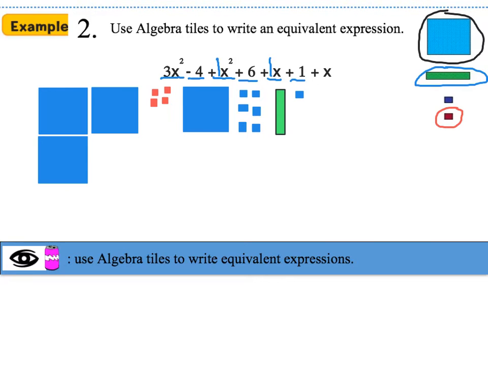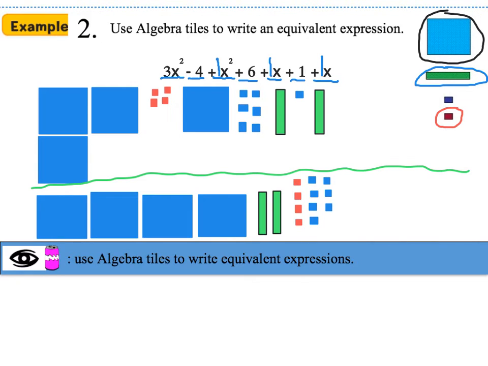And my last term is another variable term. Remember, the exponent is 1. It's not 2. And we have an imaginary 1 in front of it. So we're going to draw another variable tile like that. So now let's use the commutative property of addition to go ahead and move all of the tiles that look alike together. So now what I can do is I can go ahead and search for some zero pairs with